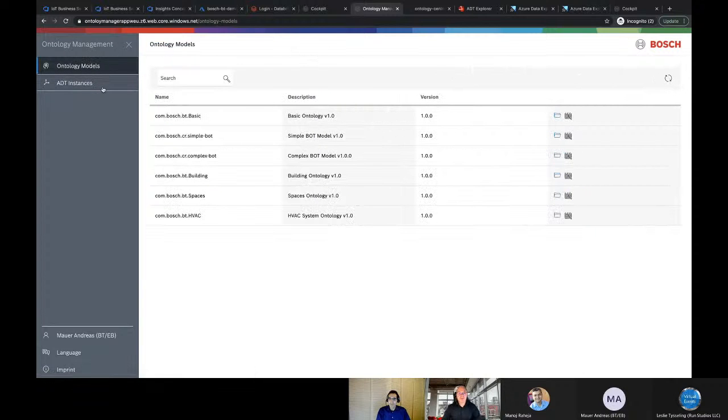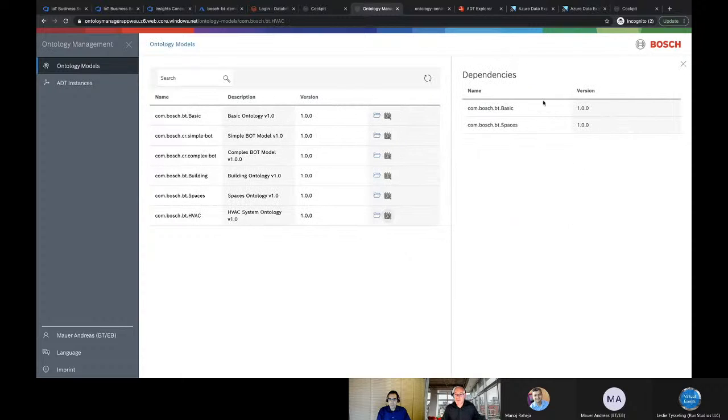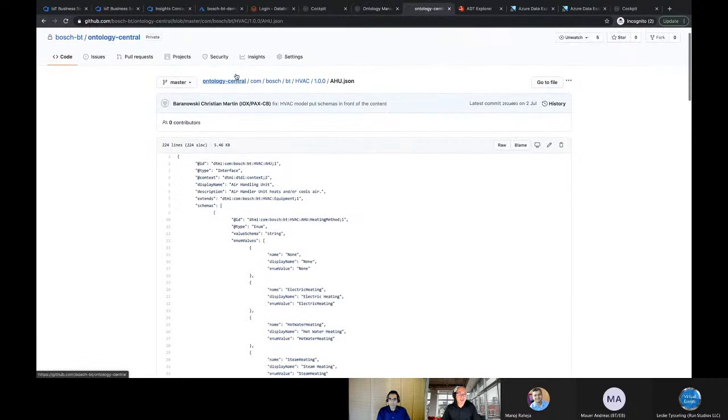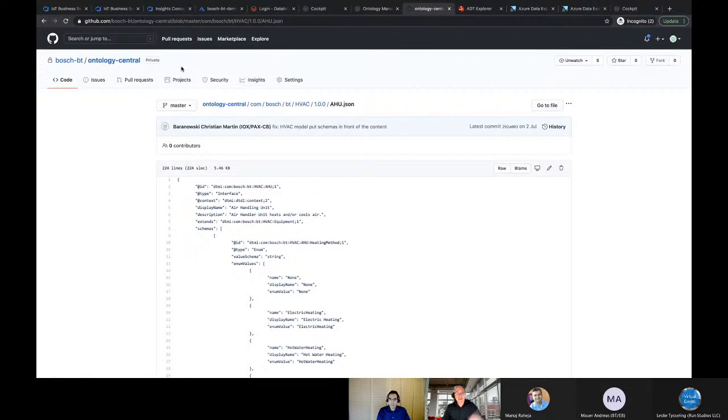And so to give you a glimpse about these ontologies, what we have done is we created these ontology management services on top of ADT. So you see the Bosch Building Technologies semantic models. We have a basic ontology, we have spaces, and obviously we have an HVAC one. And we even have version and dependency management built in here. And if we look into one of those ontologies, you will land in a GitHub repo that we will make public later as well. And you can see here, this is, for instance, the description of an air handler unit